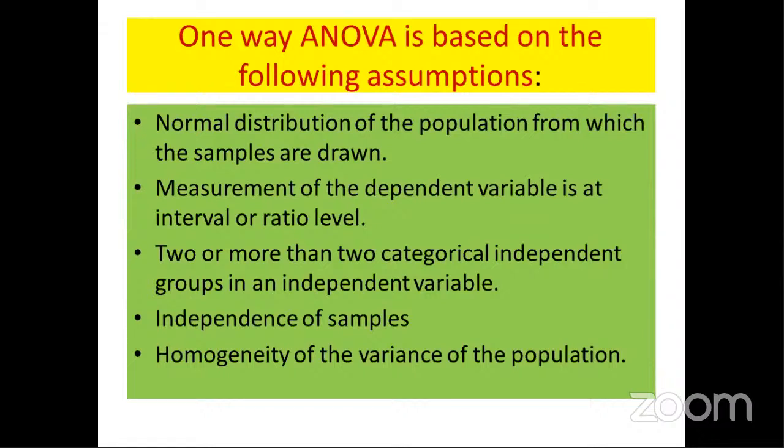One-way analysis of variance should carry out the following assumptions. There are 5 assumptions. Normal ang distribution. So we have normal distribution of the population from which the samples are drawn. In other words, you make use of